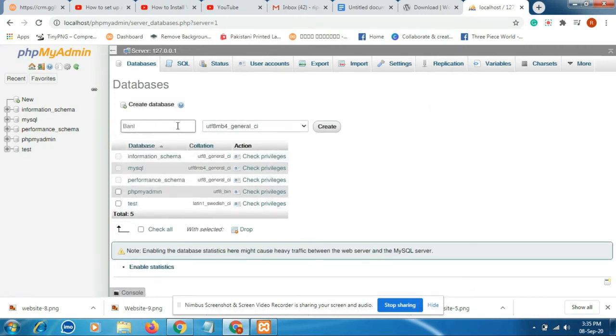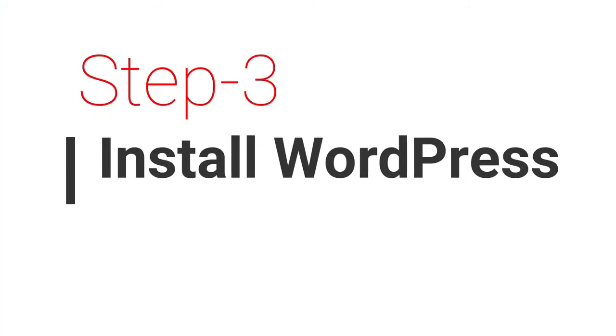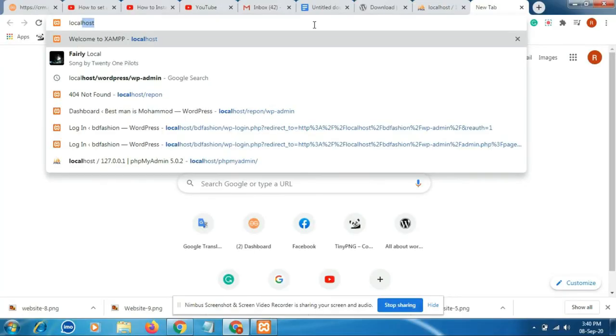Here type your database name. Then click create. Our database is created.